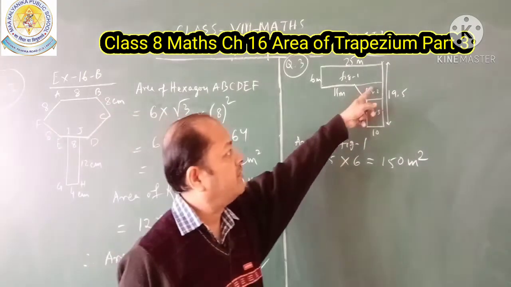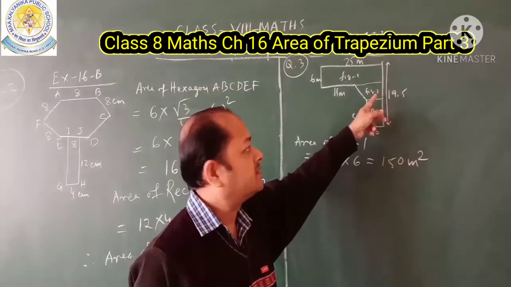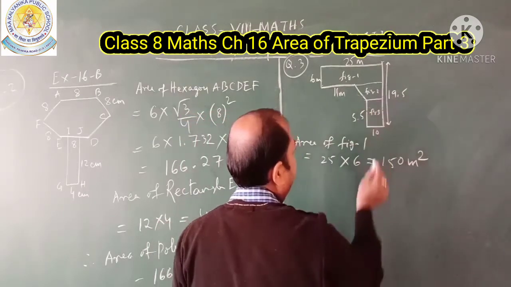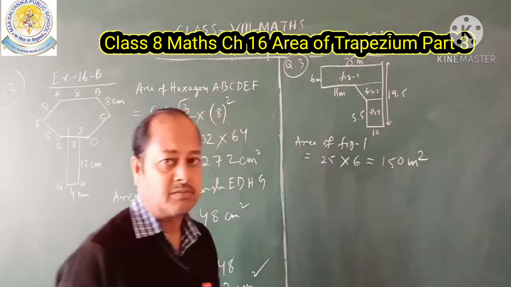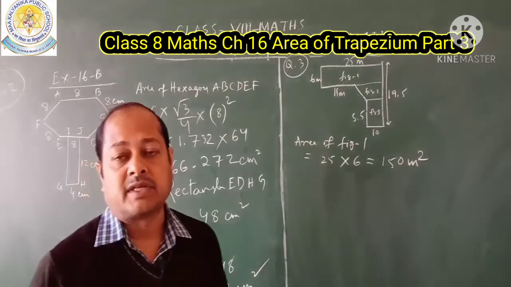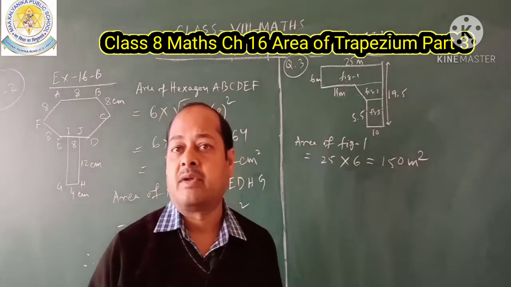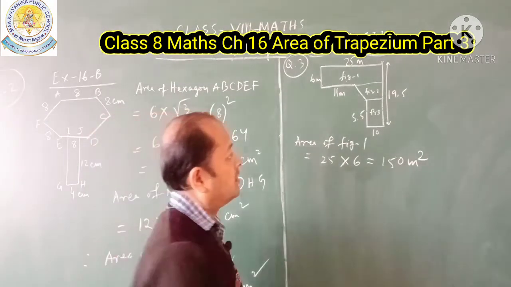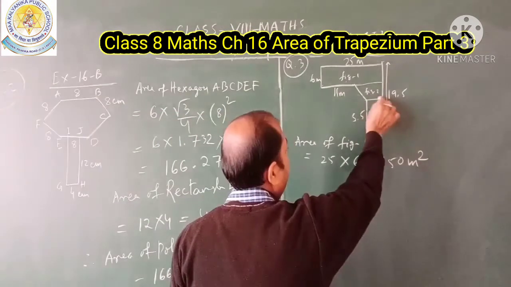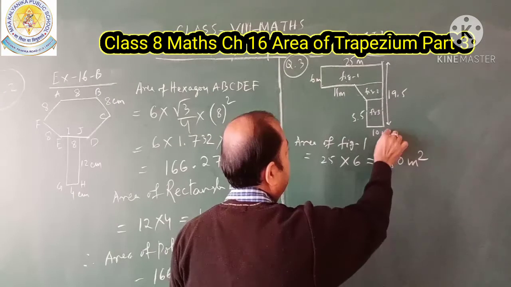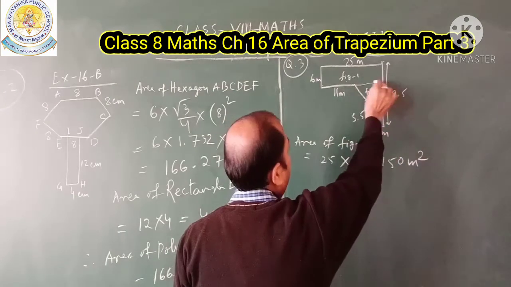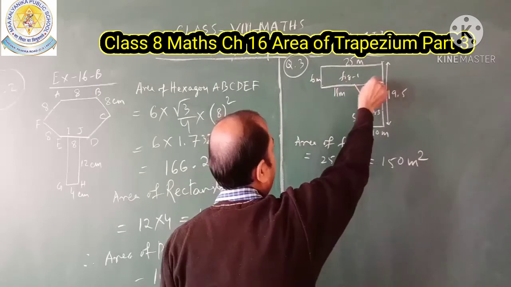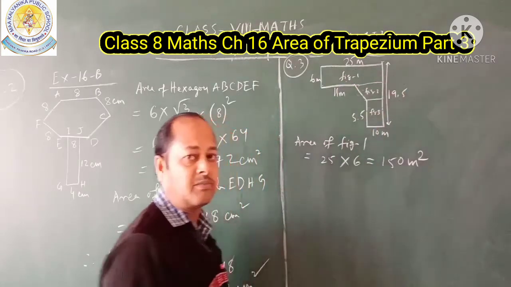And what is the second figure? Look at this figure. This second figure, we already know this part is 10, and it is a trapezium. So what is the formula for the area of a trapezium? That is half into the sum of the parallel sides into height. Here one parallel side is already given, 10 meter, but this other parallel side we have to find out. If you subtract 25 minus 11, we can easily get the other parallel side.